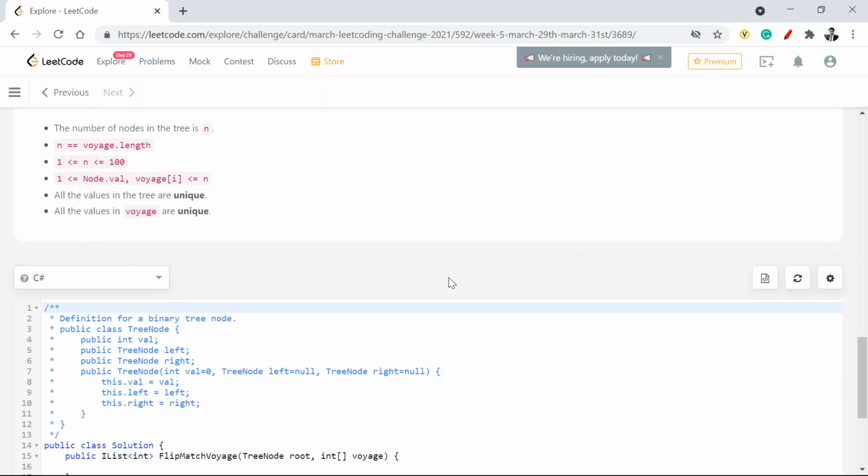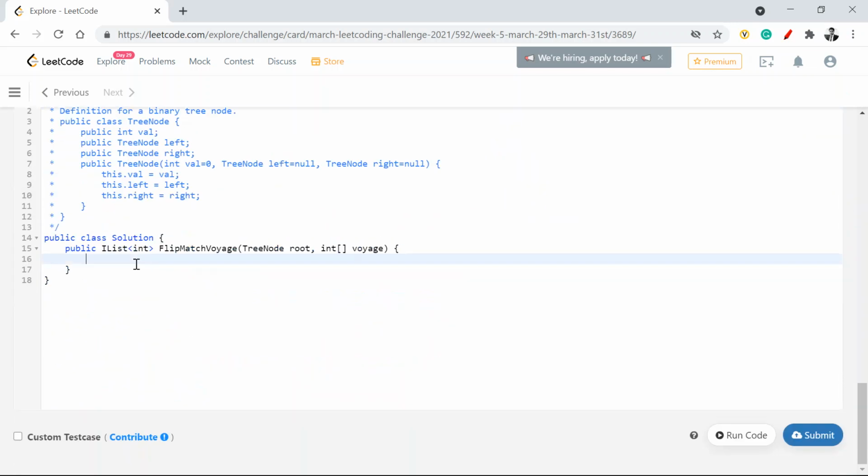Now how are we going to approach this problem? We are going to use depth first search, and what we are going to do there is look at the root node to see if the value is matching. In case they are not matching, then we are going to try to traverse through the left child of it. So let me write the code down. Hopefully after that you will be able to understand what we're trying to do.